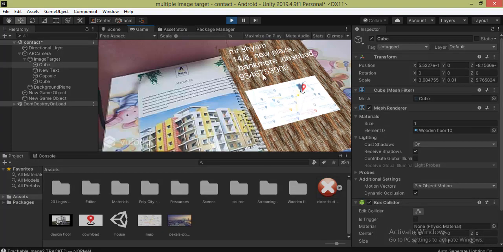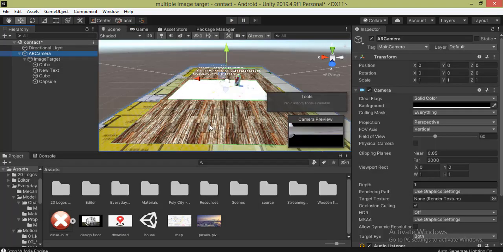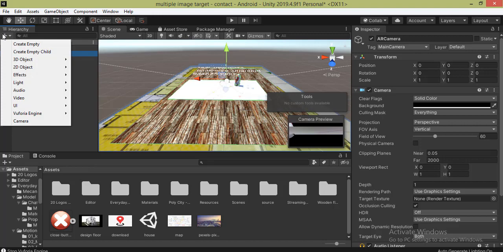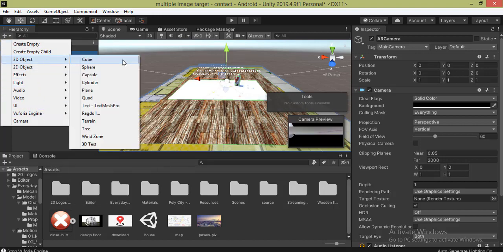So as you see, I have added a few more details like the contact number and the map location also. And I also added one 3D location point over the map. Now I'm going to add a cube, and over that cube I'm going to add a thank you texture, and also move that cube over the surface. So for that, I just click over the plus button, go into the 3D object and select a cube.